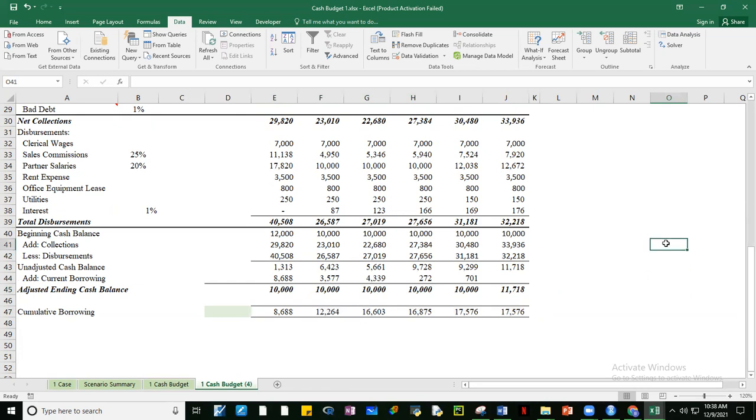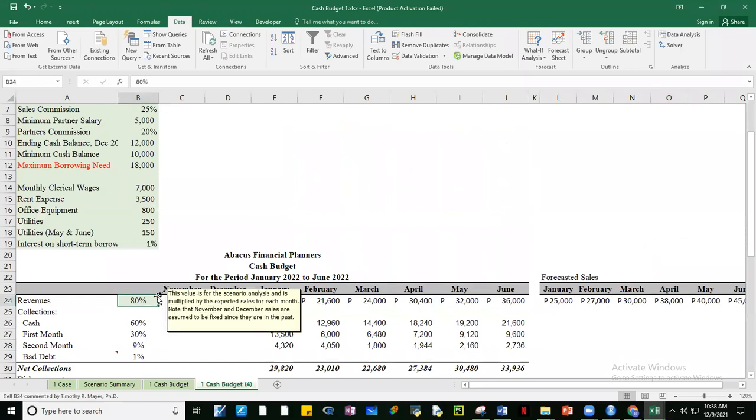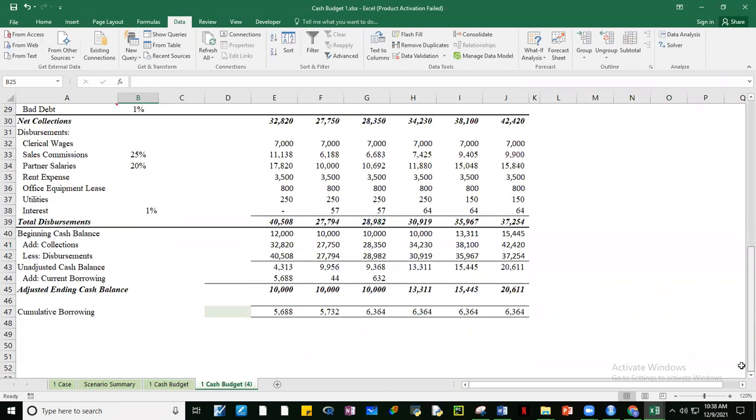Ang mangyayari naman, guys, okay, maglalagay tayo ng scenario. Ang scenario natin, kung kayang magbayad ng company ng utang, okay, magbabayad siya. So dadagdagan natin yung problem na to. What do I mean by that? Kasi dito, tingnan natin okay, lagay natin dito sa base scenario, 100%. Okay, if you take a look at this, guys, ito. So, unadjusted cash balance natin 4,300. So, kailangan pang umutang, no? Para maging 10,000.